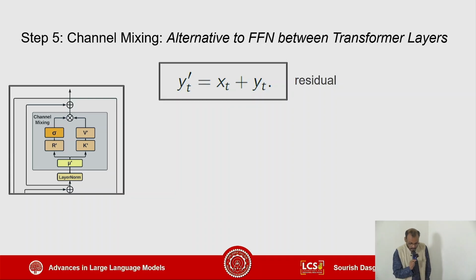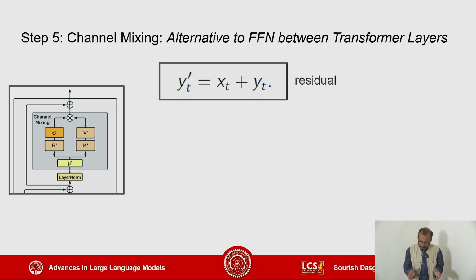Okay, all right. So now comes the second kind of mixing. What do you do before you start this, which we call channel mixing? Channel mixing can be thought of as analogous to what you do in a transformer before you send the contextual embedding to the next layer. You have an in-between shallow FFN, feed-forward network. So this acts like that, an alternative to the FFN that acts between the two layers.